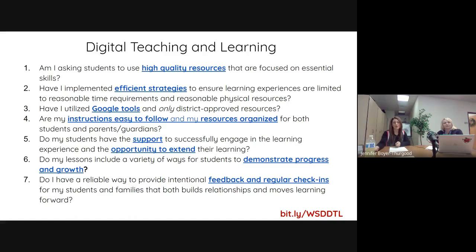So let me mention too, down at the bottom of the slide, you can see these came to you in the email that was an invitation for this meeting, but there's also a bit.ly down at the corner where you can pull up this slide presentation, and then all of these become clickable for you, all the resources that we're going to show today. So that's down there in the corner. So I'm going to go ahead and click on high quality resources and look at this.